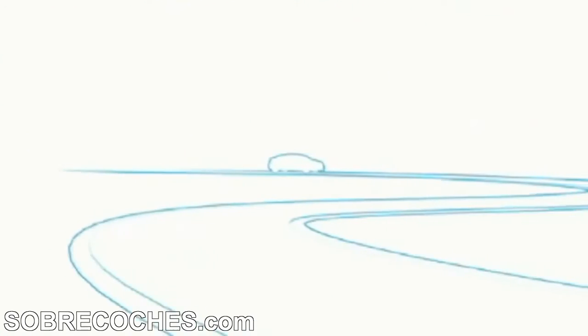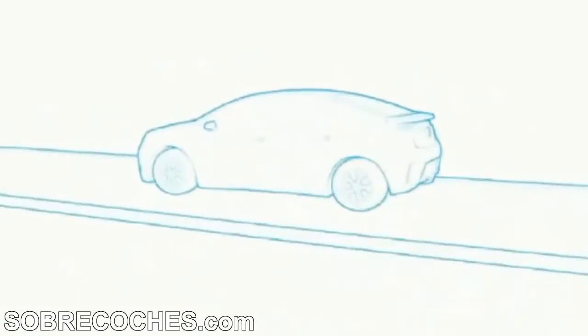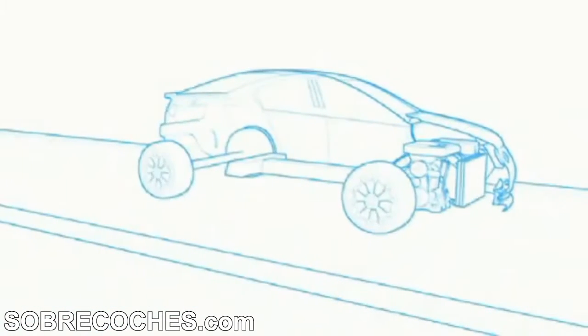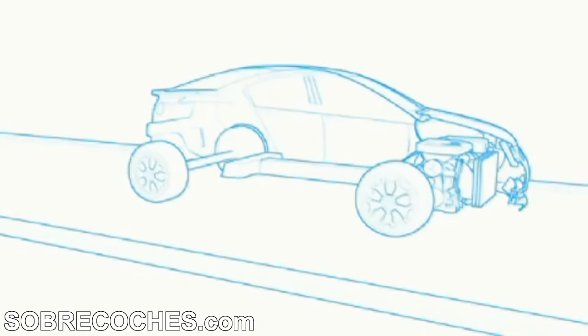The Opel Ampera is an extended-range electric vehicle, in short, an EREV. An extended-range electric vehicle is an electric car with an extended driving range. It runs as a pure electric car until the electricity stored in its lithium-ion battery runs down to a minimum level. When that happens, a small internal combustion engine kicks in to seamlessly produce electricity and sustain the battery that